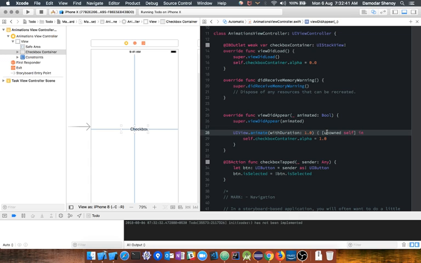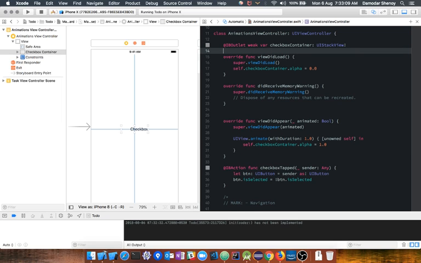So we'll play around with the same object for some time now, and so this is the checkbox container we are animating. If we want to animate an individual thing, so let's say